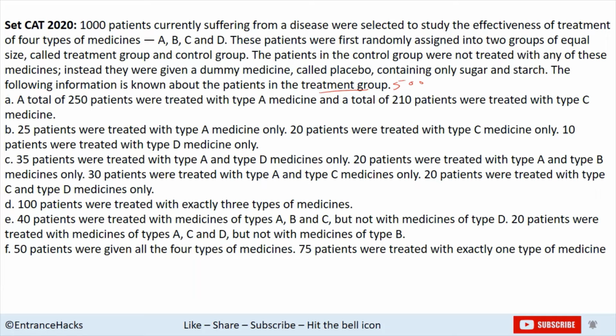So in this type of question with four types of things, we are given that certain people are treated with certain medicines like type A medicine, type B medicine, C, D, whatever. Certain with more than one type, type A and type D, type A and type B, then with type ABC, not with this D. So these types of questions are usually solved using Venn diagram. But when it comes to four parameters, four unknowns A, B, C, and D, the Venn diagram becomes a little difficult. But that's the easiest method, and I'll teach you how to solve these types of questions by going with this example.